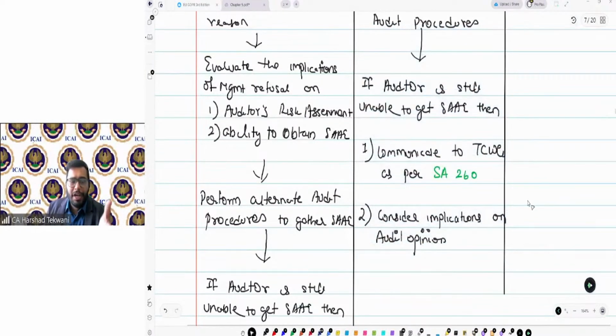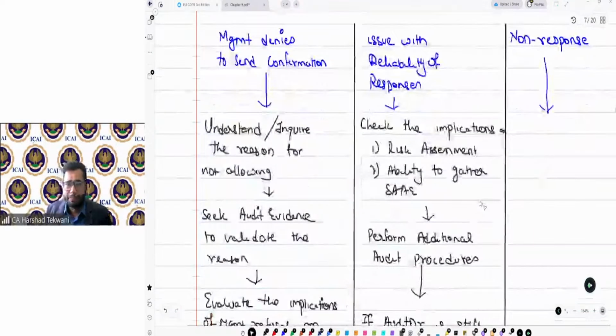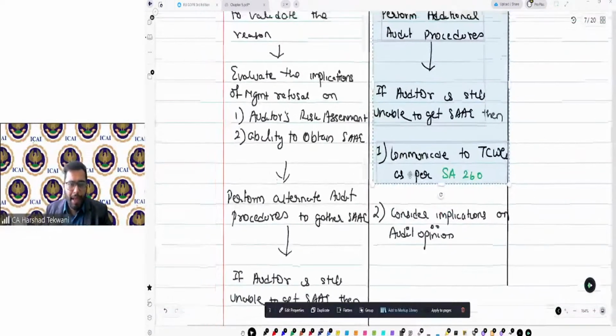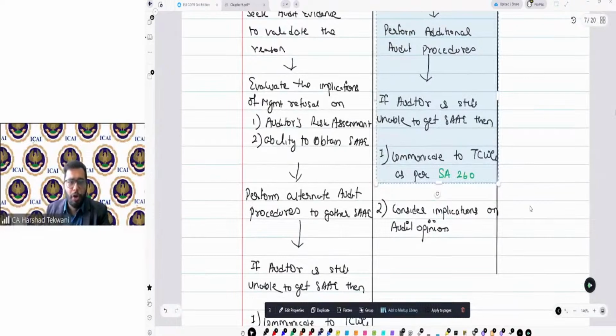If the auditor is still unable to get sufficient and appropriate audit evidence, then communicate to those charged with governance and consider the implication on the audit opinion. In case of non-response, same: perform additional procedures and consider the impact on the audit opinion.